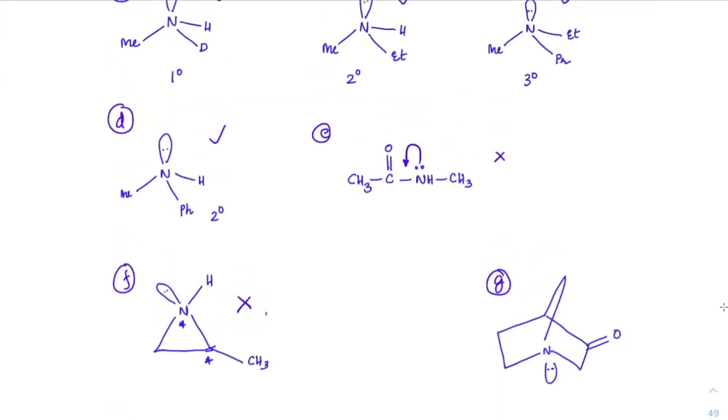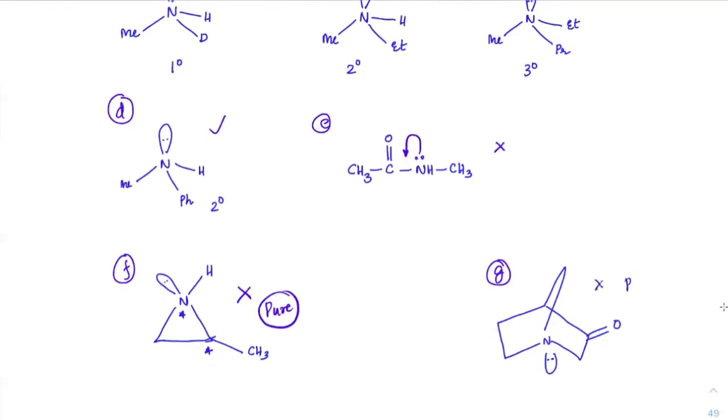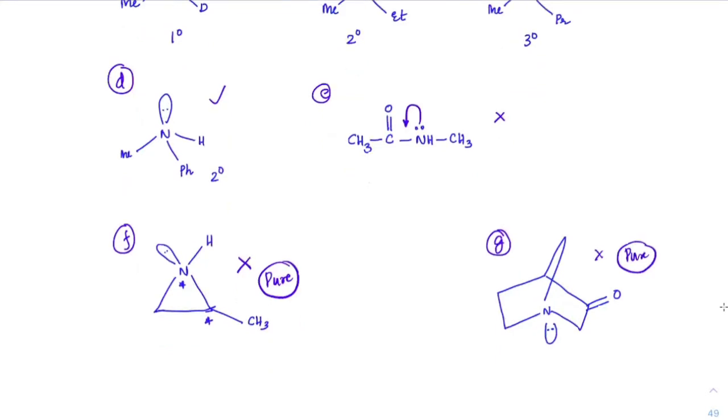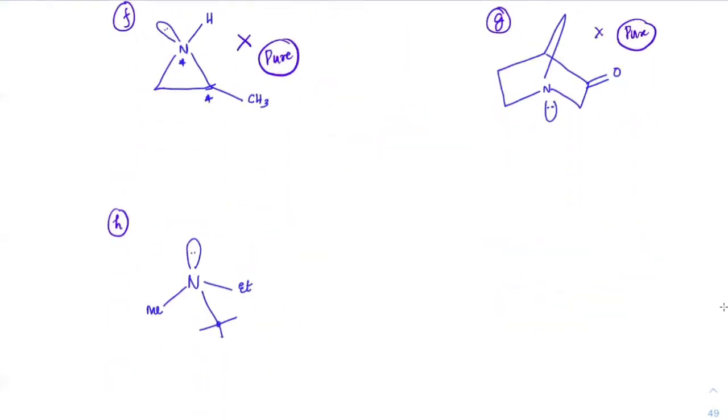This will be a pure form. This won't be a racemic mixture. Same is the case here also. This will be a pure form. No inversion happens because it is in a ring form. Okay. Last case, open molecule. Only in one case will it be a pure form, which is tert-butyl. Remember how we discussed cyclohexane, where tert-butyl does not give flipping. Here also it won't give flipping because tert-butyl is too bulky to flip. Hence, this will also exist in pure form.